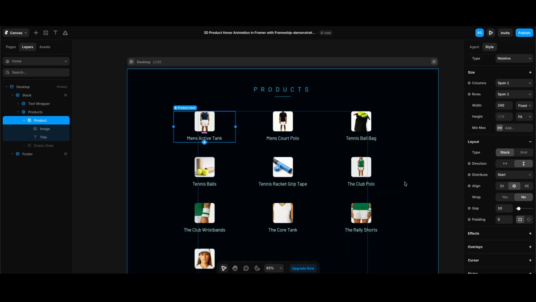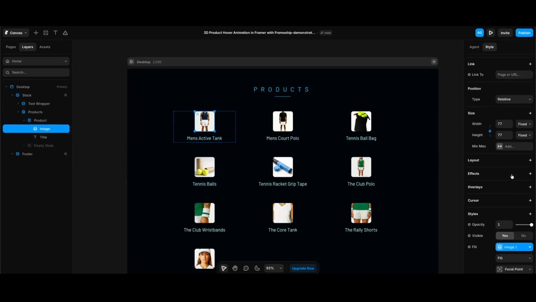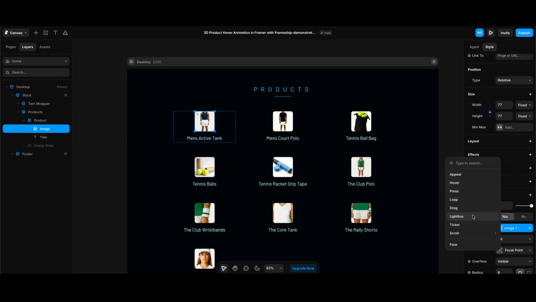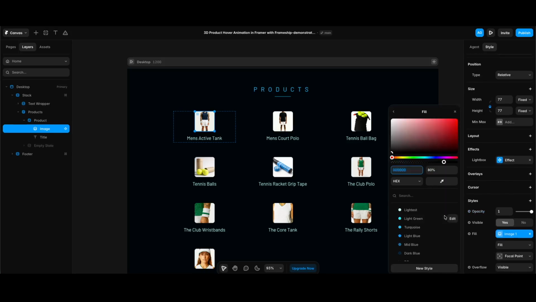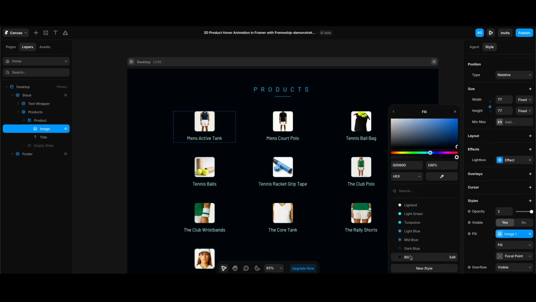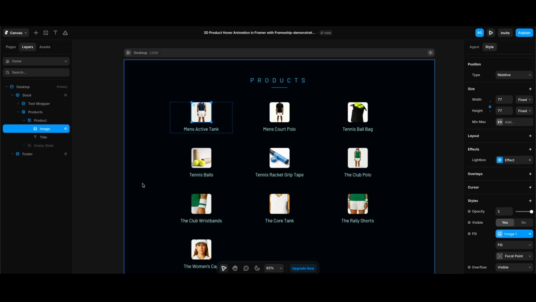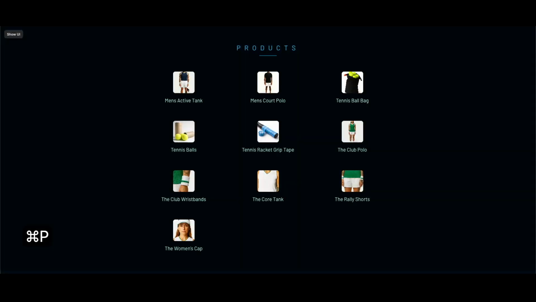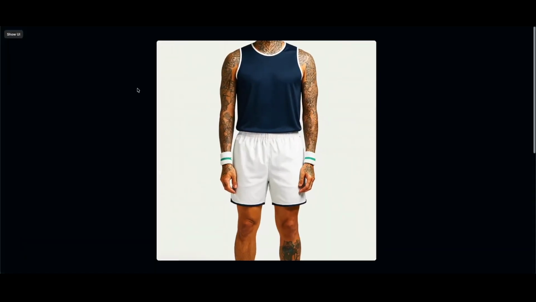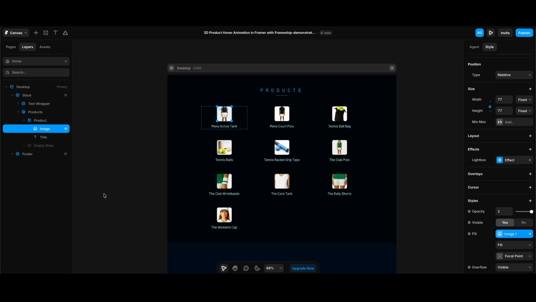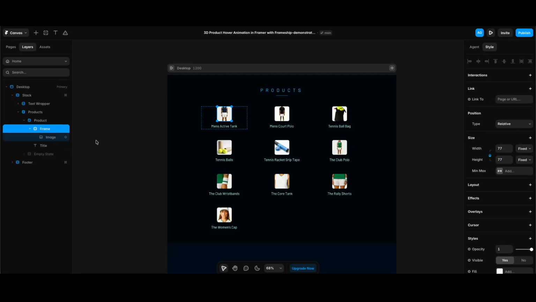Let's also add Lightbox to product image. So after selecting it, under effects, I'm going to select Lightbox and change its backdrop to color BG from my styles. Let's quickly check if it works. And it works. Before creating a cube with product images, I'm gonna add it to a frame and name it